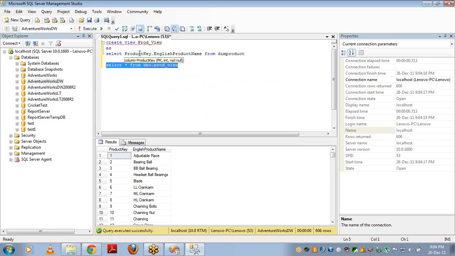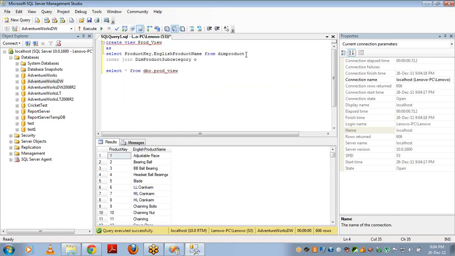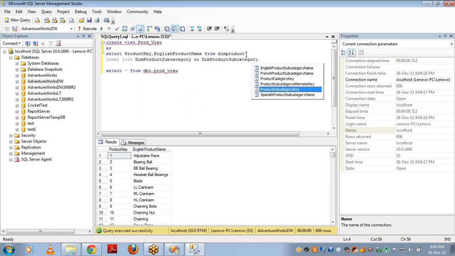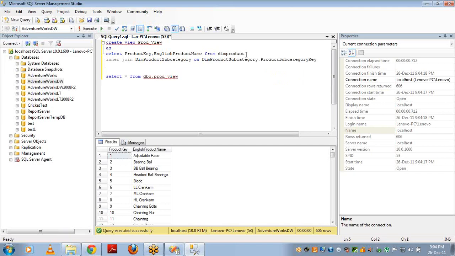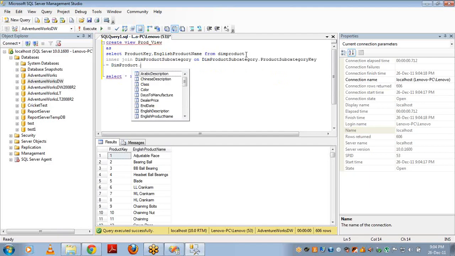It is not mandatory that you have to use only one table. I can join with so many tables. I'll show you an example for that one too. Inner join, dim product category, subcategory on dim product subcategory dot product subcategory key is equal to dim product dot product subcategory key. Now I joined two tables and I got product key and English product name, and I'm pulling